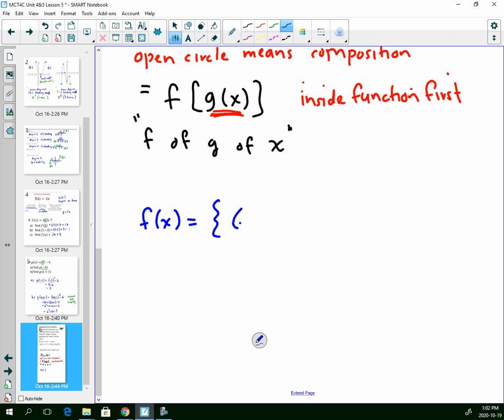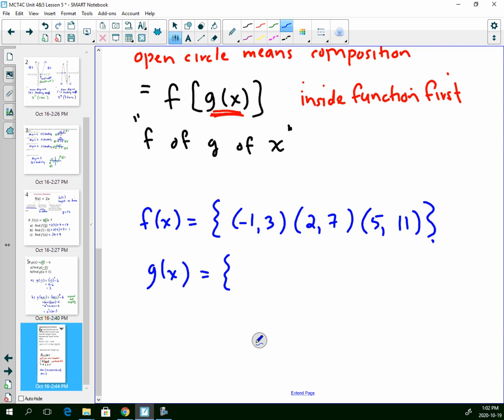So f of x is these ordered pairs, and then g of x is